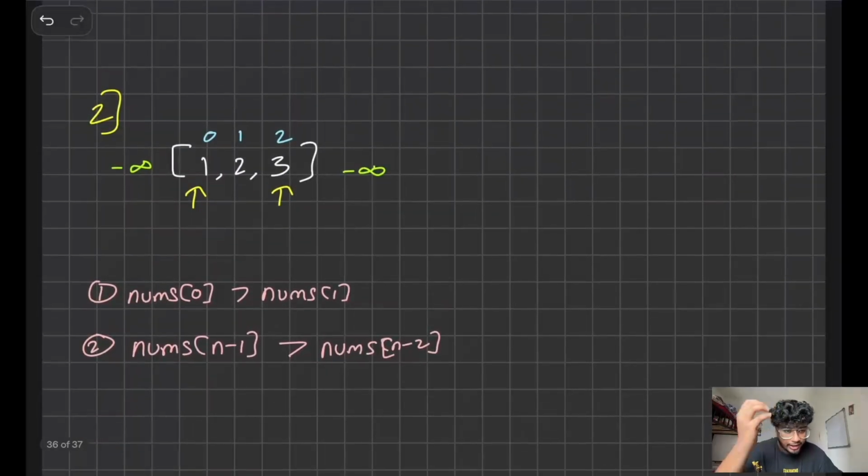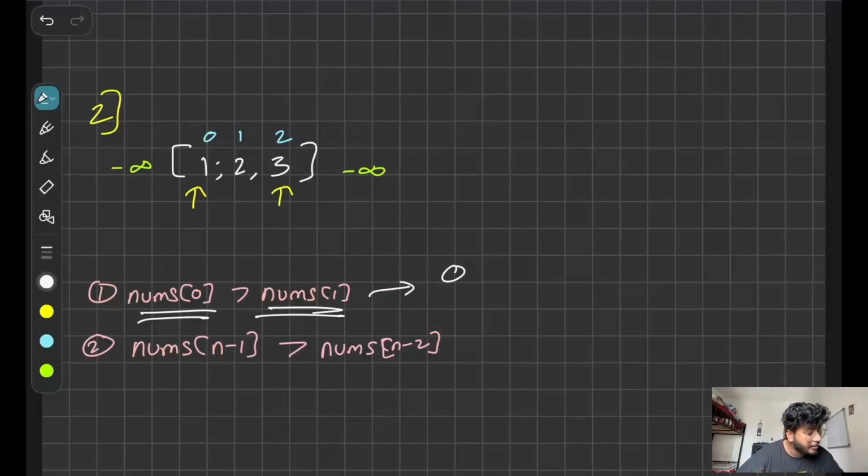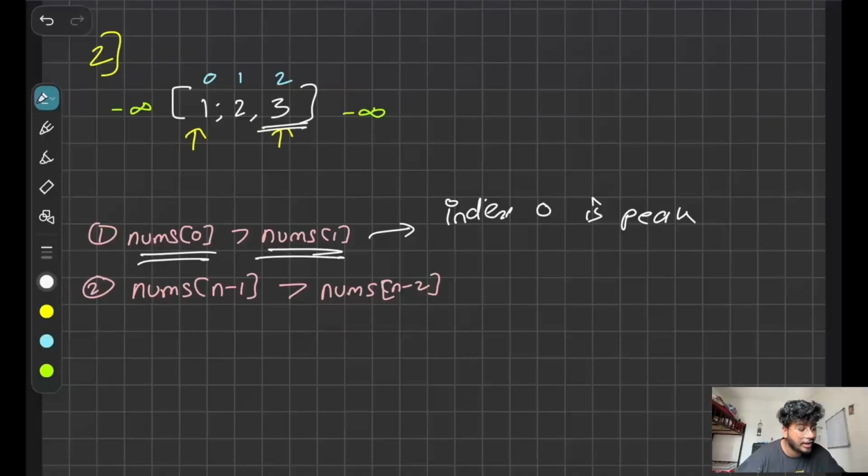Now consider the second edge case. We are talking about the element which is at the 0th index, and the element which is at the n-1 index, basically the first and last index. So I'll just say, if the number at the 0th index is greater than my number at the first index, like this is the case, then I can say that my index 0 is peak. And if my last element is greater than the second last element, if this condition holds, then I can say